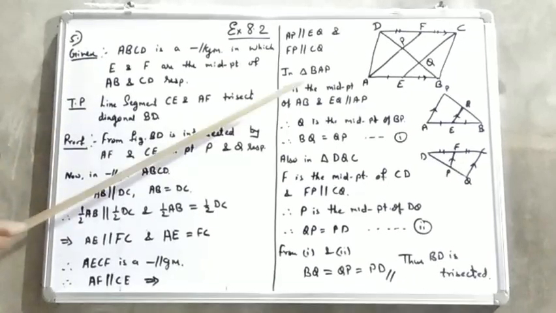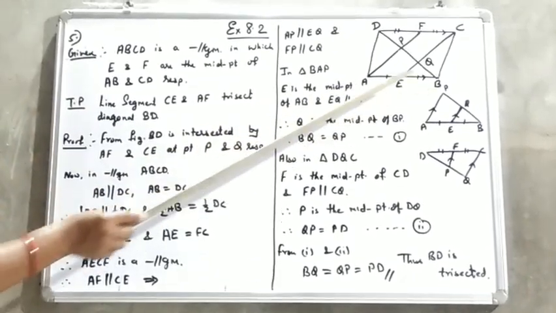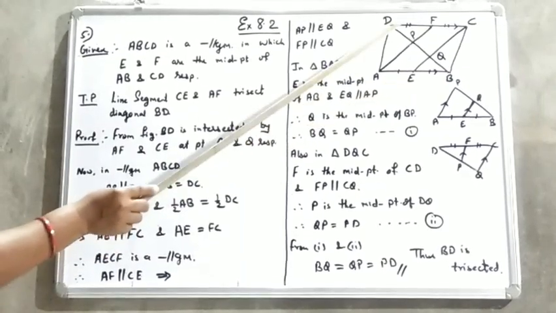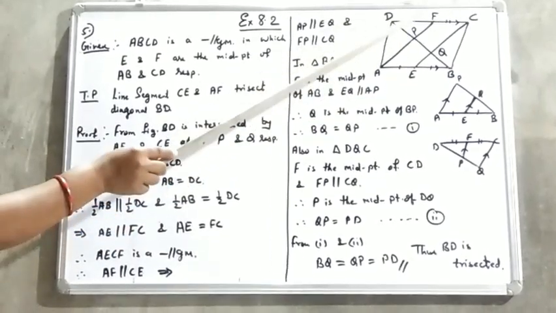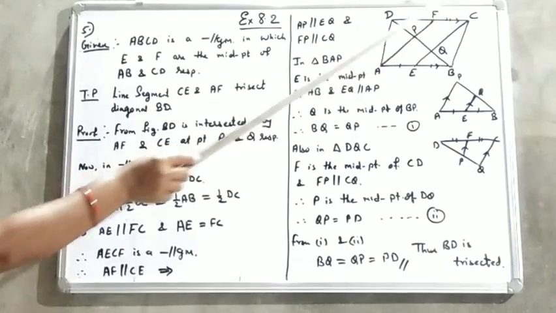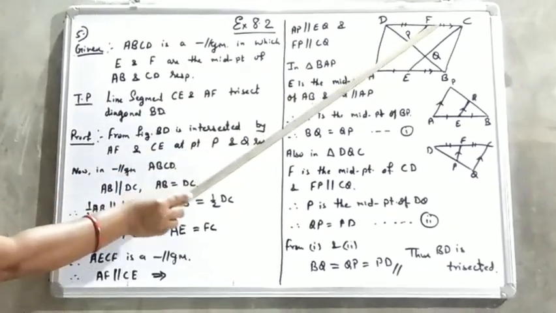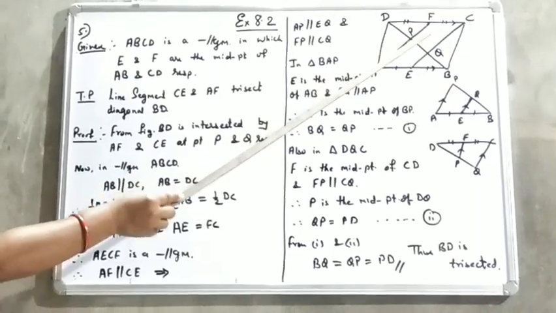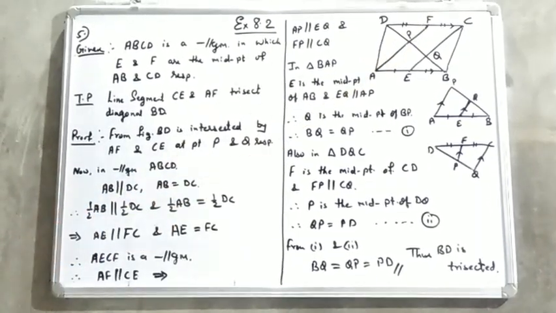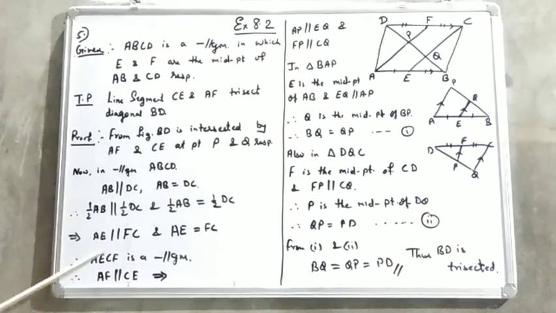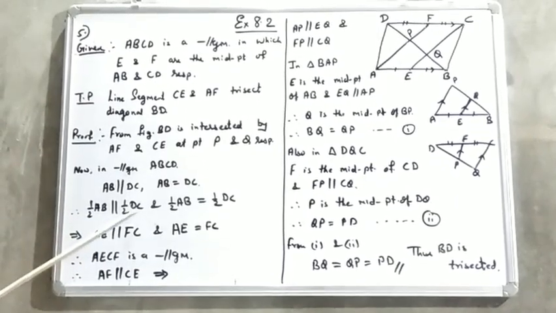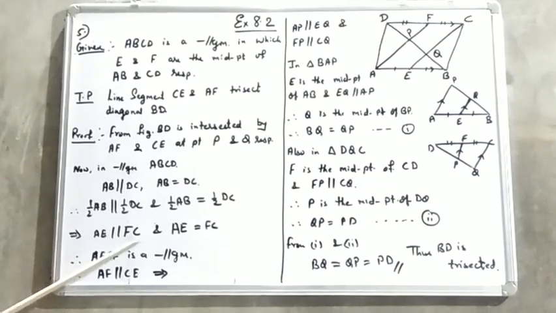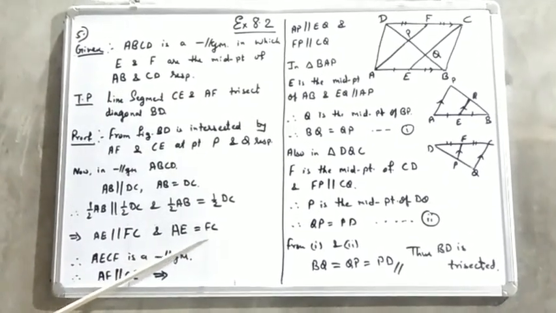Now, half of AB, if you go forward from half of AB, is the midpoint. I can take AE, and here also on CD, F is the midpoint, I will take CF because I want this parallelogram. AECF, this quadrilateral, I want to prove that it is a parallelogram. So, half of AB I have taken AE. Half of CD I have taken FC. So AE is parallel to FC and AE is equal to FC.